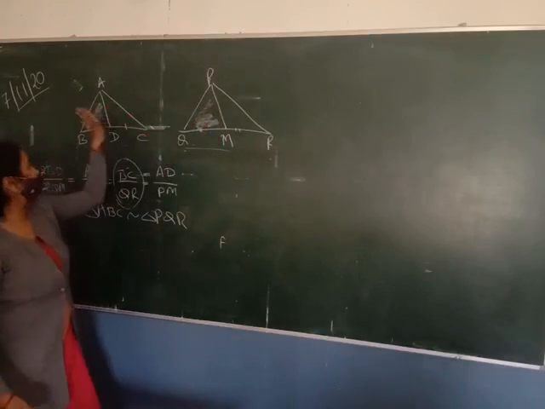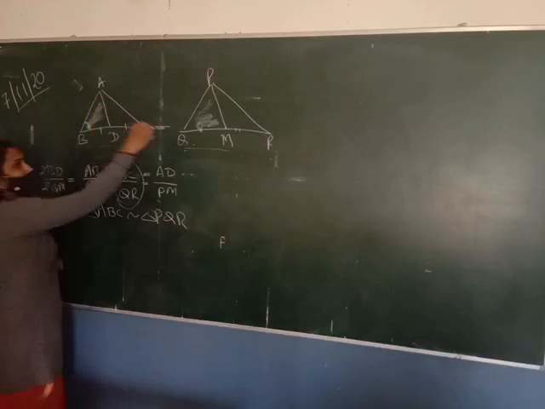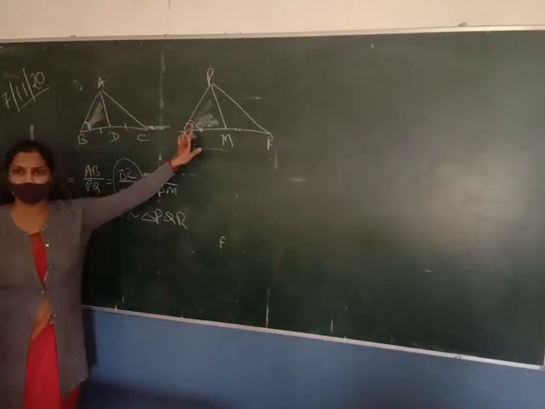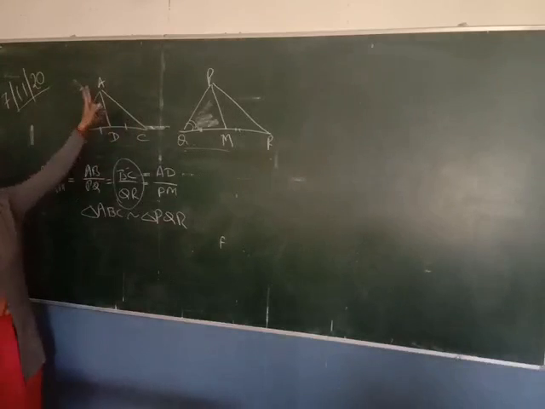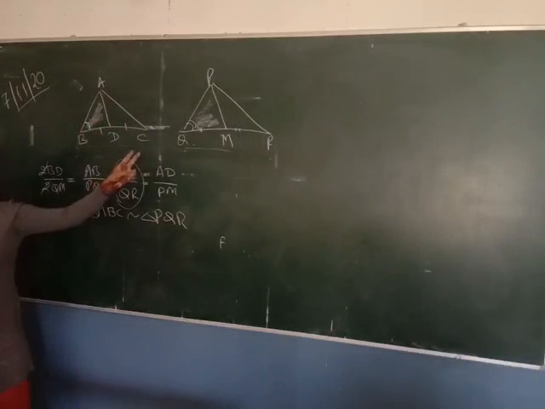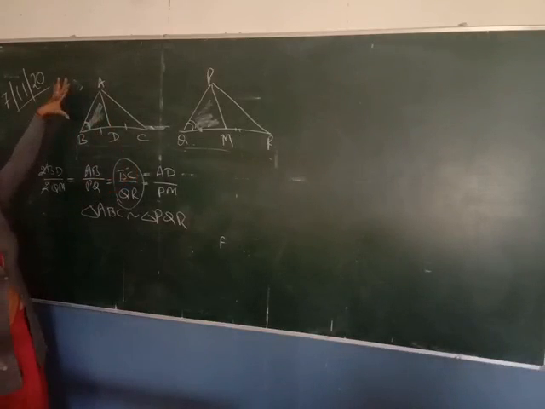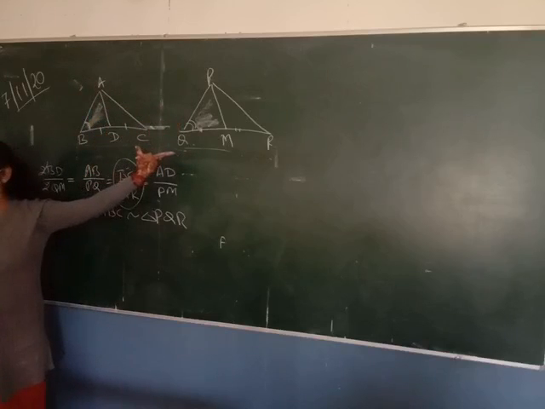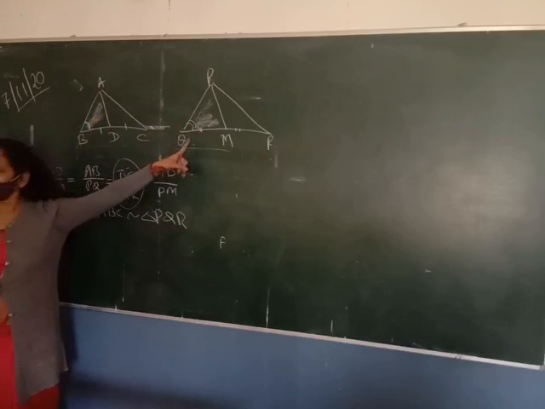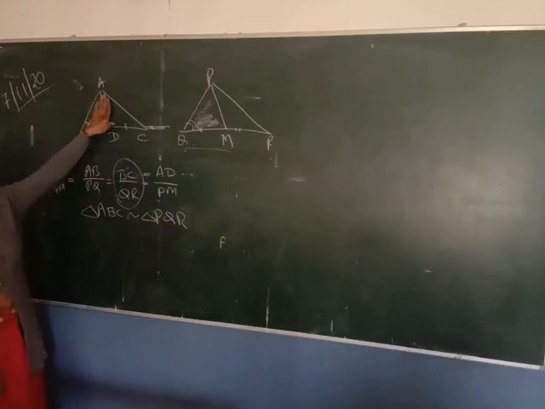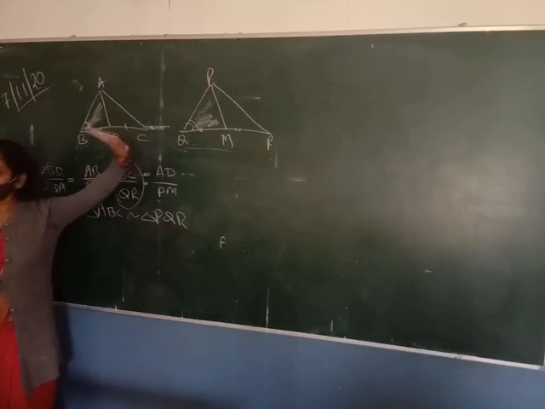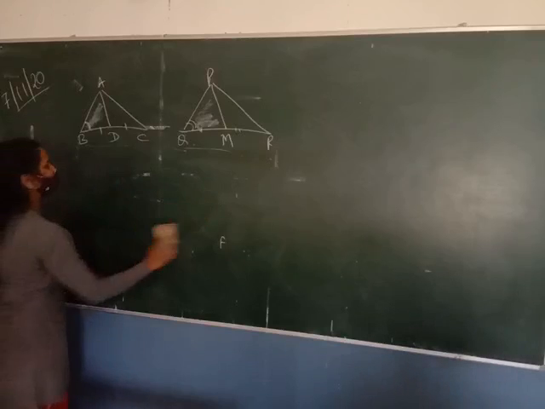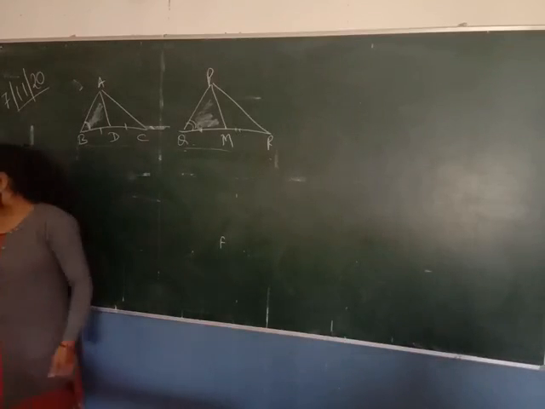And if these triangles are similar, it means angle B will be equal to angle Q because similar triangles have equal angles. So if these angles are equal, then you can prove that ABC is similar to PQR. How do you prove it? By using SAS. The ratio of the two sides is given, that is AB upon PQ is equal to BC upon QR, and we have proved that angle B is equal to angle Q. So by SAS similarity we can prove that these triangles are similar. Is it clear? Okay, we can write this question. Given and to prove, you have to write yourself. Yes, ma'am, I am doing the proof.